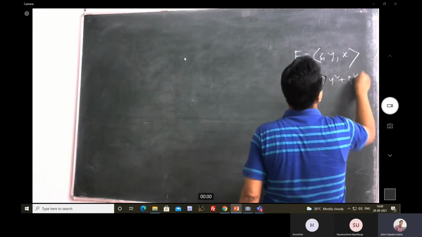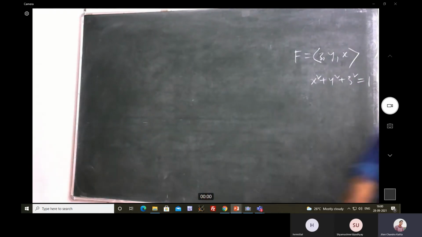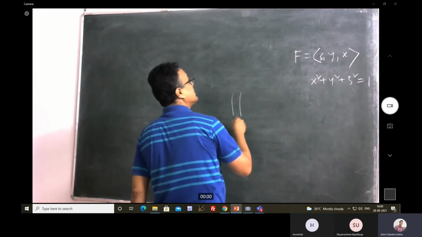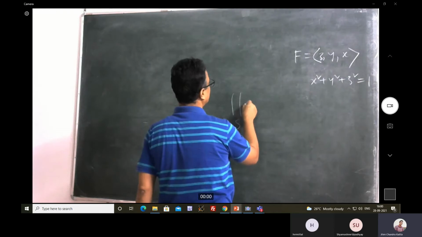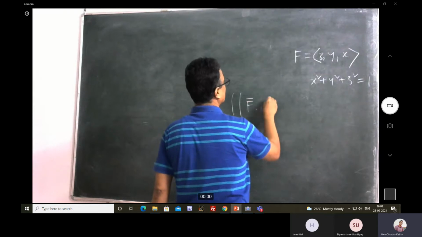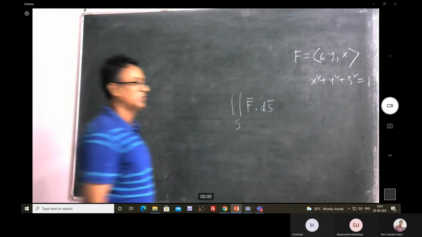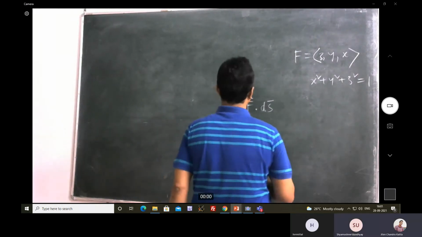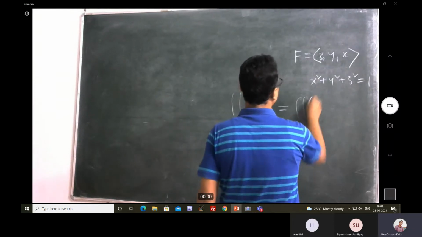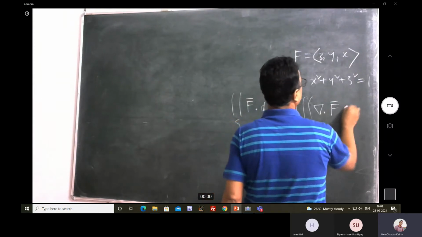x squared plus y squared plus z squared equal to 1. So this is a beautiful example. See what is happening out here. Basically, you are to find the flux. Flux is nothing but what? Your F dot dS, isn't it? Yeah. It is nothing but this. Okay. So if you now use the divergence theorem, this is simply going to become the triple integral over E of divergence of F dV,